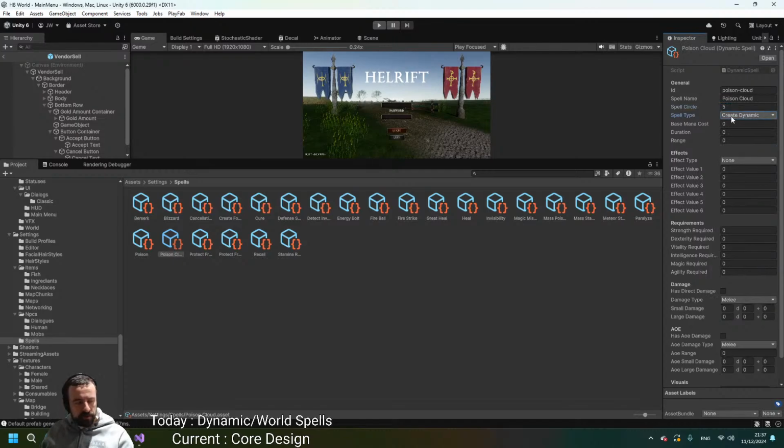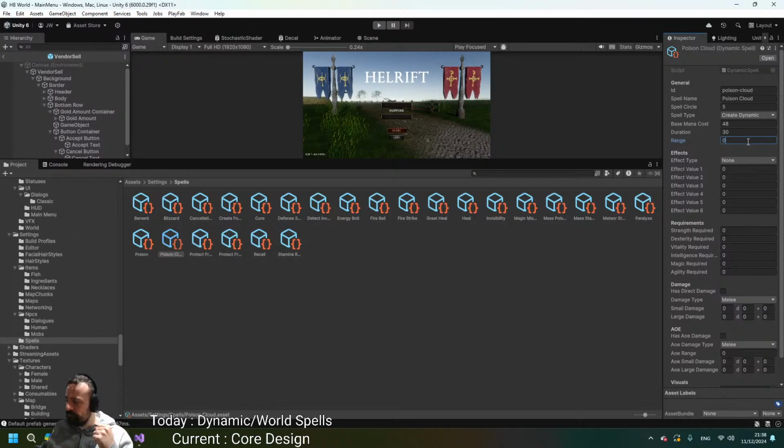Although this doesn't matter too much because we're using this new dynamic spell class, which is going to handle all of that logic. Base mana cost, we'll just use the OG stuff. Mana was 48, duration 30. Although I did use the configs I'm looking at, I did use these before, and this is the one that has paralyzed at like 30 seconds or something, 50 seconds, which is obviously wrong. So these might be wrong, but